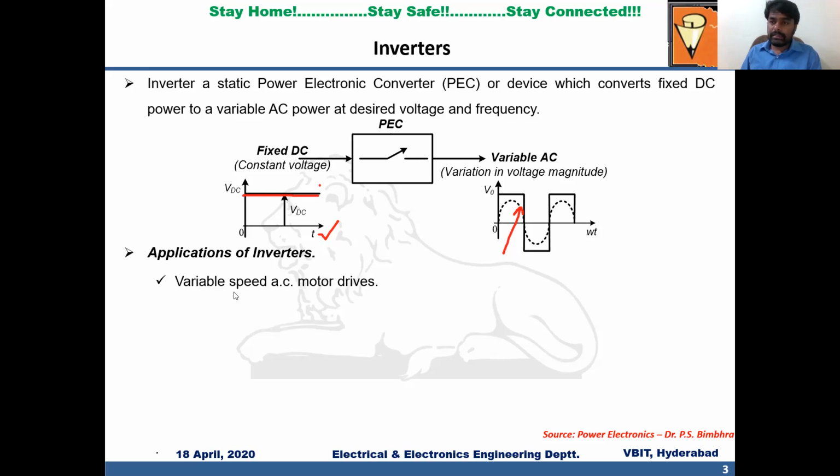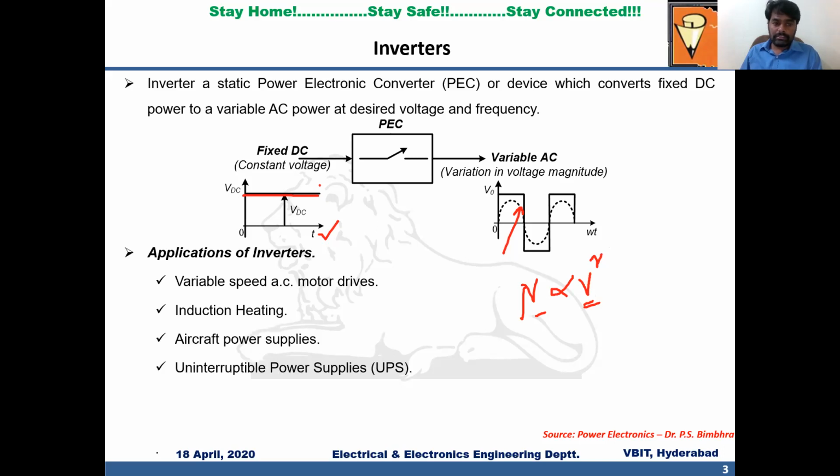Like variable speed AC drives. In case of induction motor, the speed is directly proportional to voltage square. So if you vary the voltage, you can control the speed of the induction motor drive, right? Then in induction heating also you can use, right? Aircraft power supplies, UPS. UPS consists of